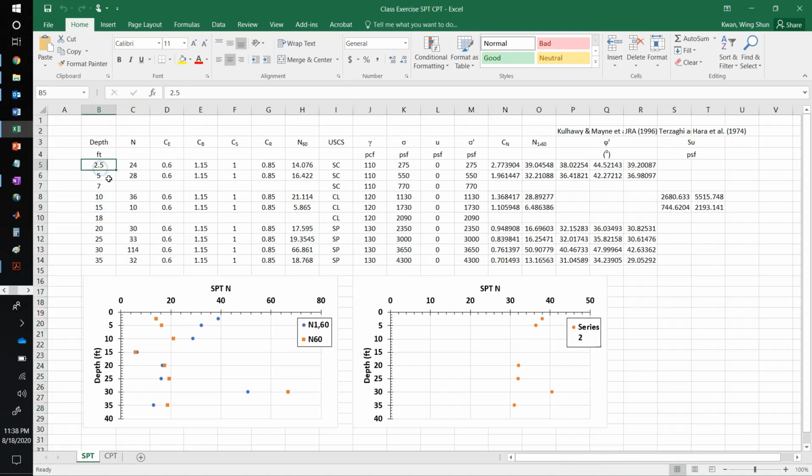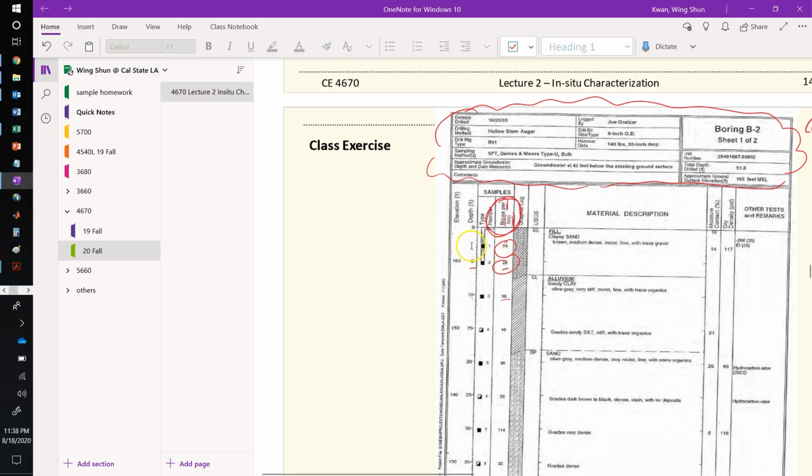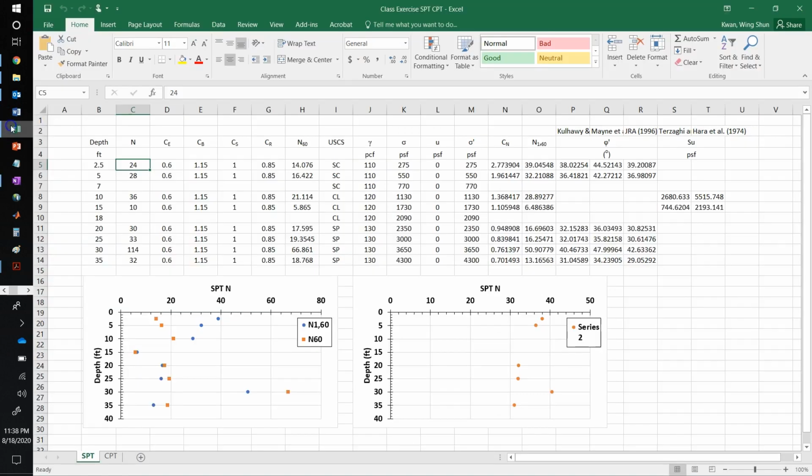So, for example, again, at a depth of 2.5 feet, we got an N value of 24. So it's exactly the same as here. At a depth of about 5 feet, we got an SPT N of 28, and so forth and so on. So this is the raw data from the field, and then next we will correct the N values to N60